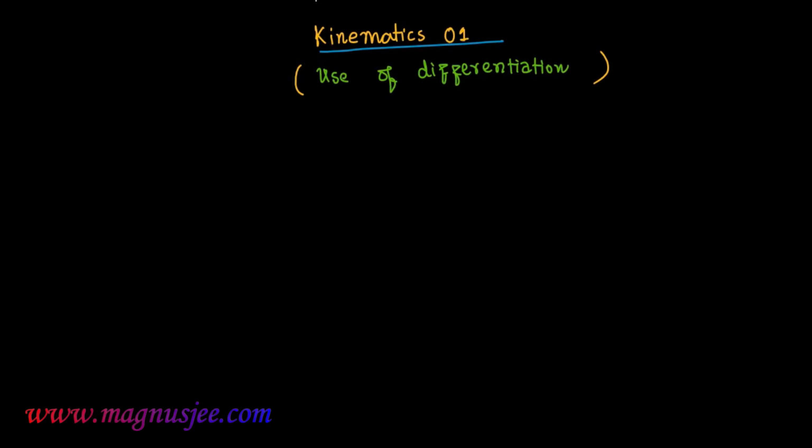According to numerical number 1, what is given? Displacement is given. That is the displacement of a body. We can write displacement under bracket, that is denoted by x, not s. x is equal to 3 plus 8t plus 7t square